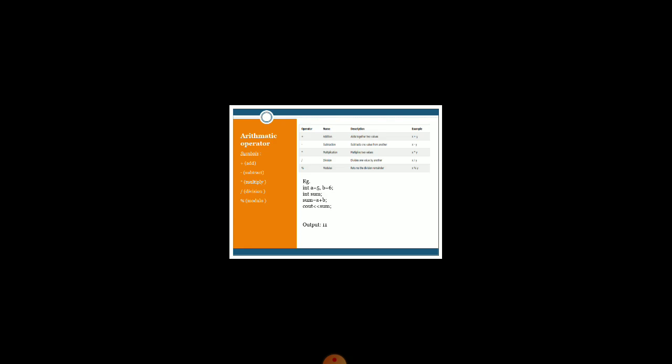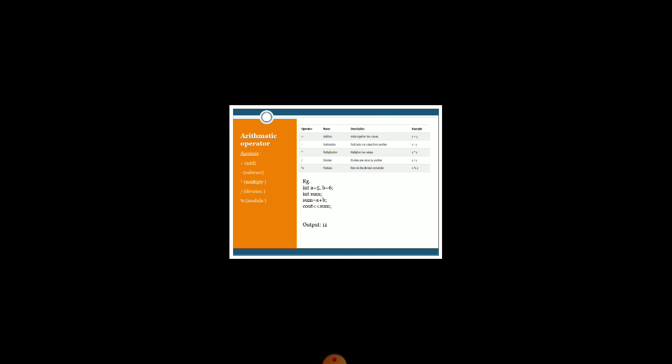So starting from the very first one, arithmetic operator. Arithmetic operators are basically used to perform arithmetic operations, which include the symbols for addition, that is the plus sign, subtraction, the minus sign, multiplication, division, and the modulus. Modulo, modulus, mod, all three are names for the same operator.